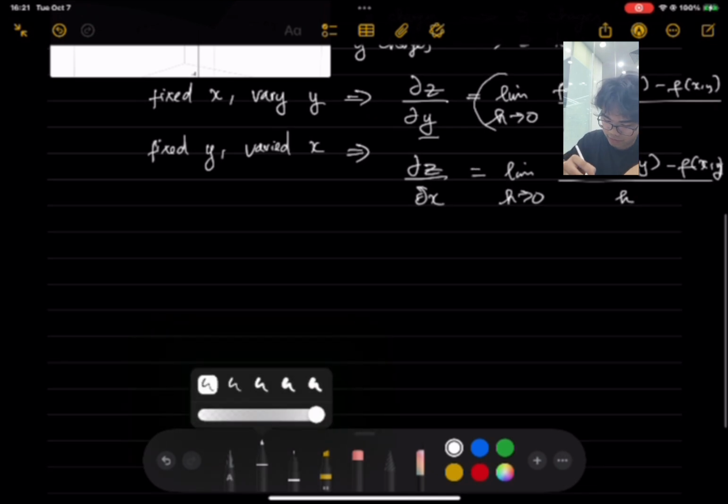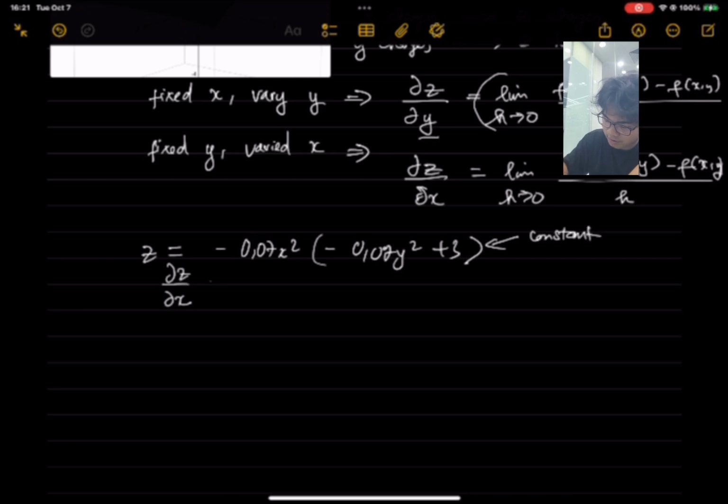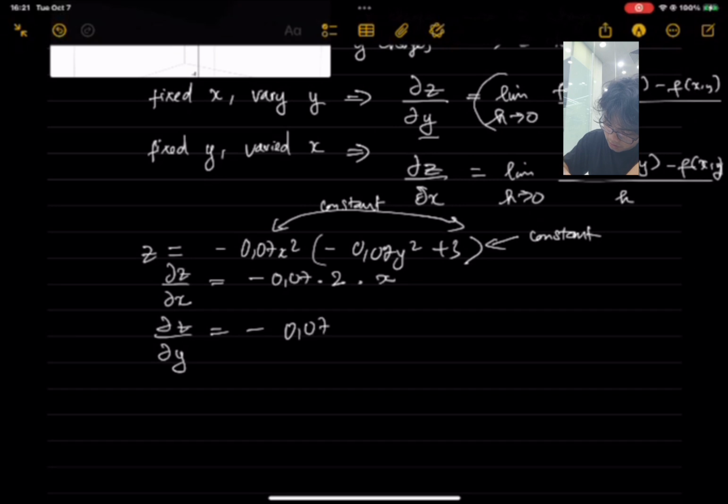So we can take the following example, right? z equals minus 0.07 x squared minus 0.07 y squared plus 3. For the partial derivative of z over x, practically we treat this part as constant, and then we just differentiate like normal, which gives 0.07 times 2 times x. And when we're differentiating partially with respect to y, we keep this part constant, and it will result in